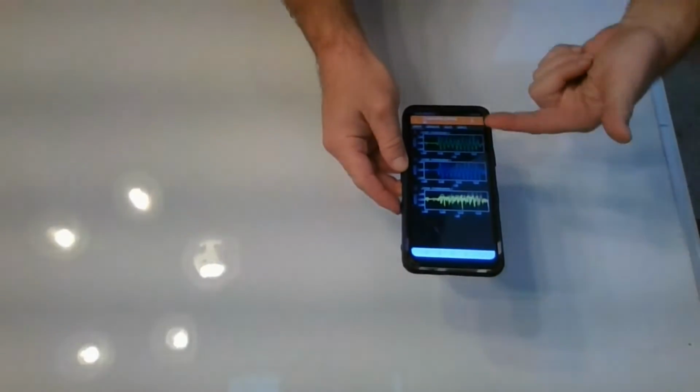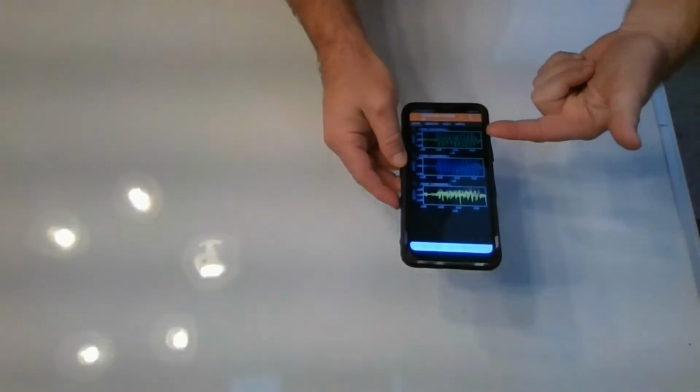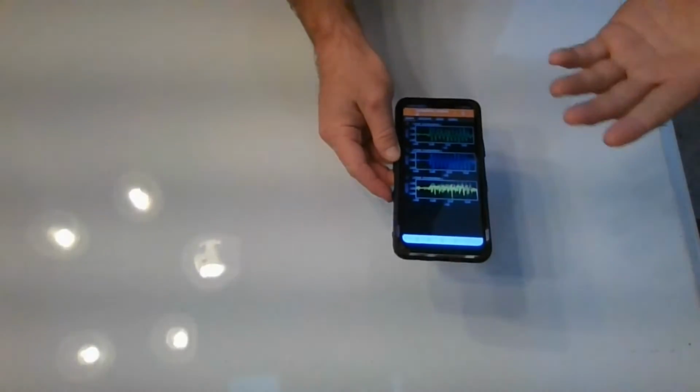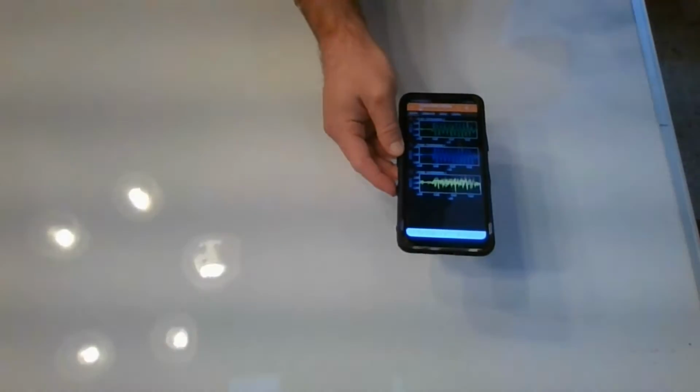You see it kind of goes in as usual. Now you go in circles. You do this. You keep the phone in the same orientation the whole time. After you've run several of these, you click on pause. You see you've got very clear oscillatory motion on two of the axes. One of the axes is not showing quite as strong because we tried to keep it not oscillating in that